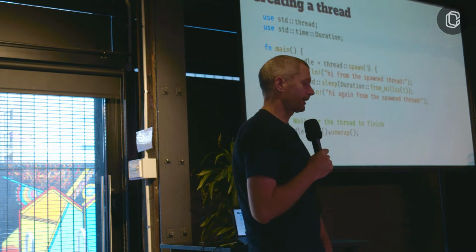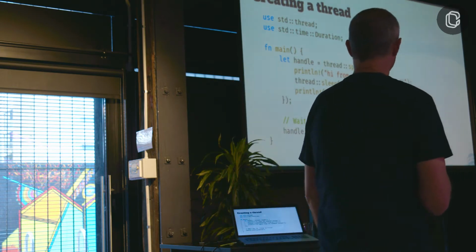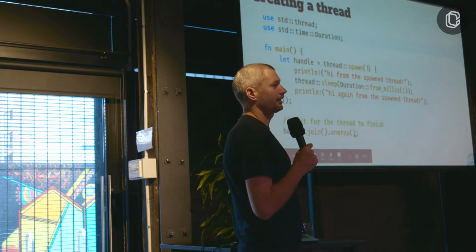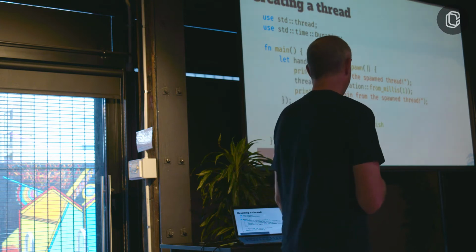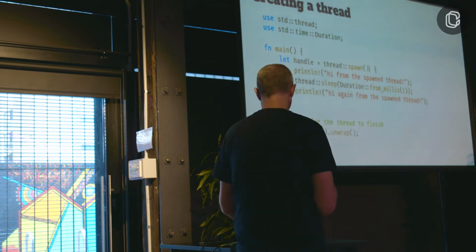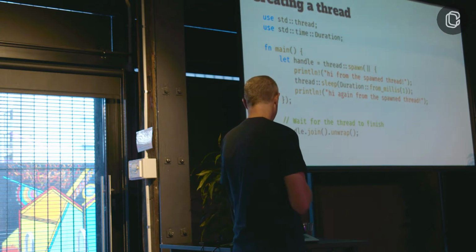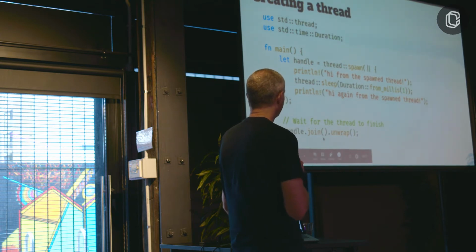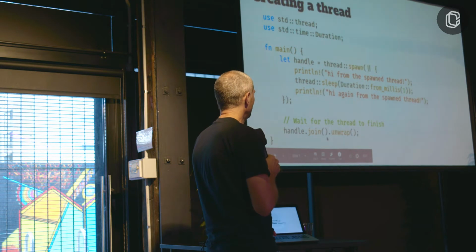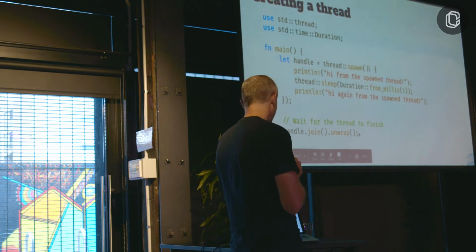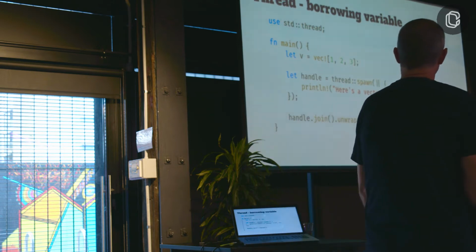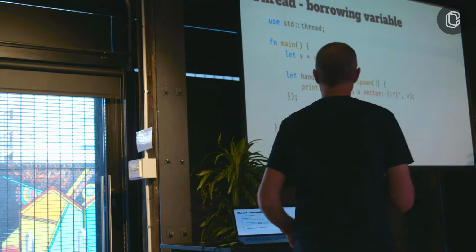and this join function will wait for that handle to finish, and then it will unwrap. In this case, unwrap means if there are any errors, crash. In general, you shouldn't really use unwrap in production code. But what it means is that the handle and join will contain any errors until you run the unwrap function. So it's pretty easy to spin up a thread,